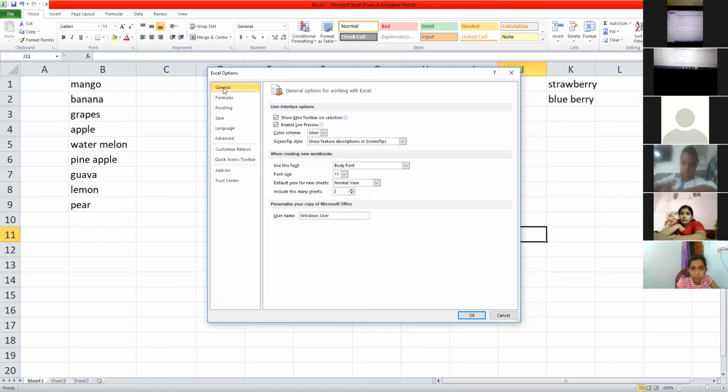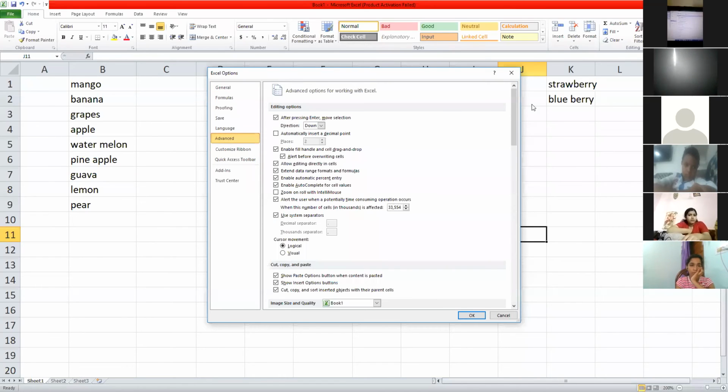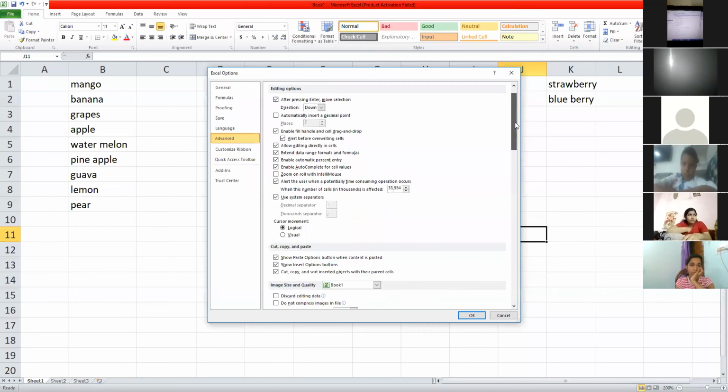See, on the left hand side, what is written? General is written on the top. Then formulas, then proofing, then save, then language, and then advanced. Yes, just above the line. Now, when you click on advanced, this kind of features will be there. Just scroll it down.